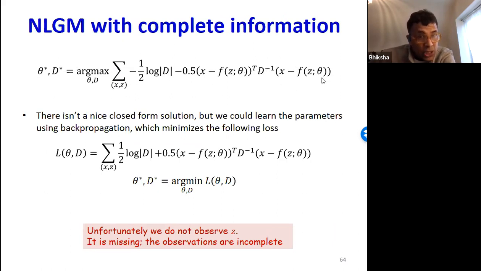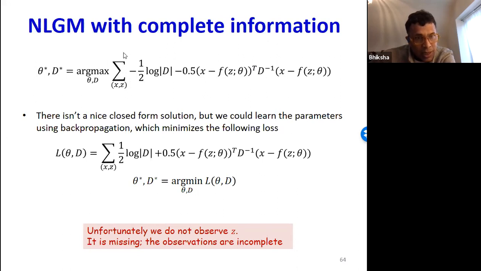Now, this is not a nice function. Although it's a quadratic, inside the quadratic I have an f of z. So this is a quadratic of an ugly function. So it's not a nice function, but the function itself now has a closed form. The function itself is now sort of known. And it's an ugly function, but we can compute it and it's differentiable. So we can just use backprop. If I have a collection of training data instances where I have x and I have z, then all I need to do is to minimize this.